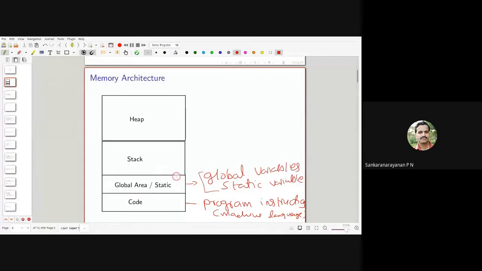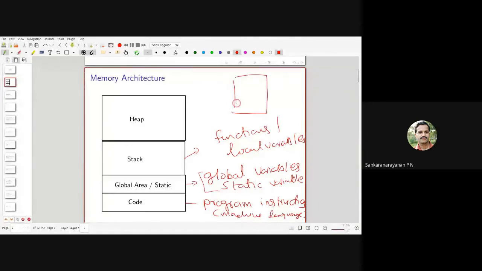And the next one is called the stack area. The stack area is for the functions and local variables. It is like the stack data structure we studied.